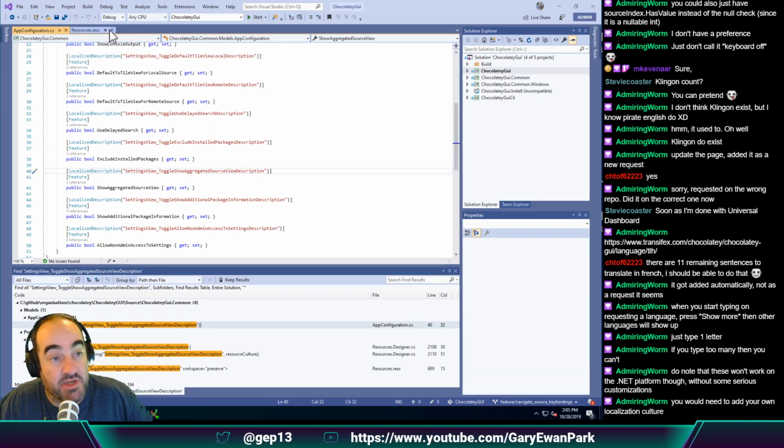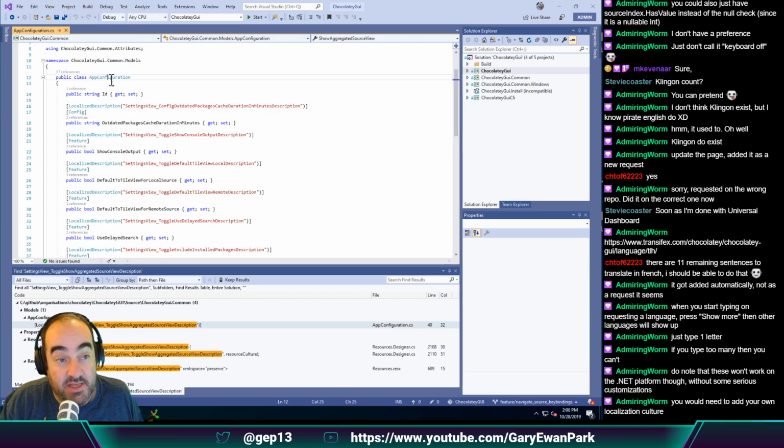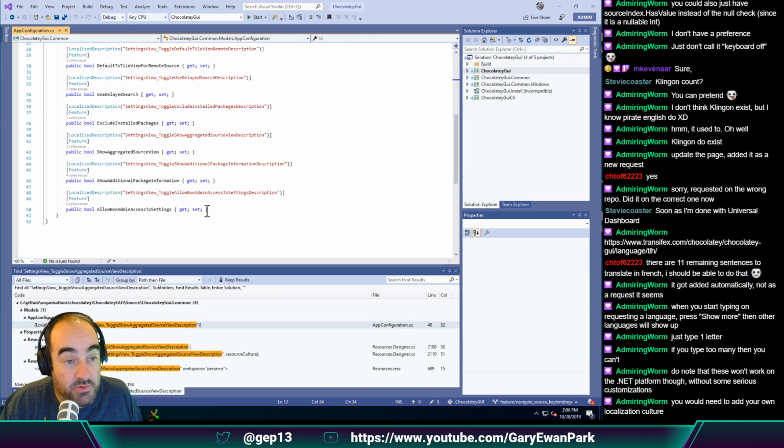This is the overall configuration class for Chocolatey GUI. The way Chocolatey GUI works is, when you toggle one of those switches left or right, or change one of the configuration parameters, it all gets persisted down into a LightDB database, by serializing an instance of this app configuration class. So what we want to do is add a new property to this class, and this is going to be a public bool, which is going to be, it says